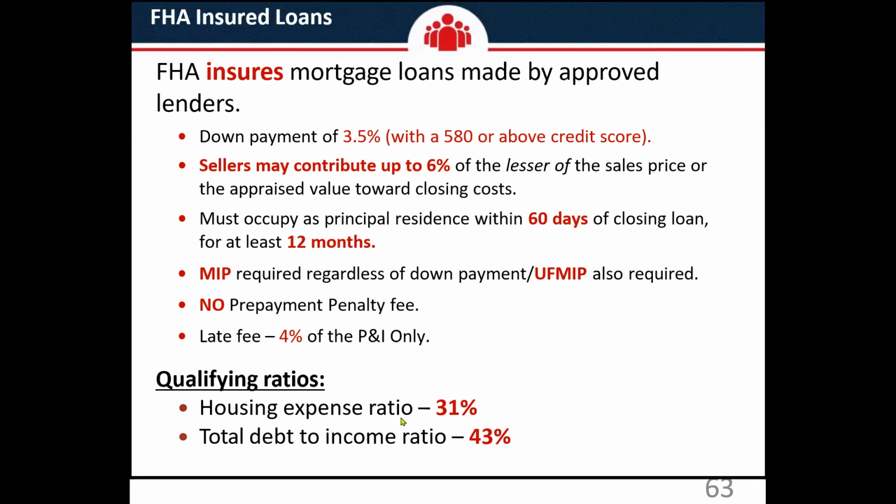FHA is a government loan. The housing expense ratio for FHA loans is still 31% front end and 43% back end. There are some instances when things are different. That would be some type of compensating factor. If the front end ratio is not 31/43, it's because of some compensating factor that the bank has allowed